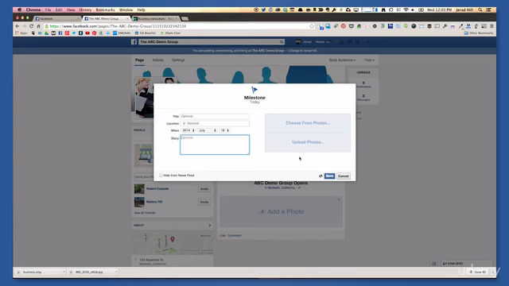For example, if you had a picture of the first dollar that was ever given to your company for a transaction, and I know some businesses do that, they'll save their first dollar, take a picture of that dollar and then add it as a milestone, and then put the date that took place, and add that to your Facebook page. When you hire your first employee, or when your company receives its first award, or joined the Chamber of Commerce, or a variety of different things, you can go in and add some of that past information so that your Facebook page has stuff there.